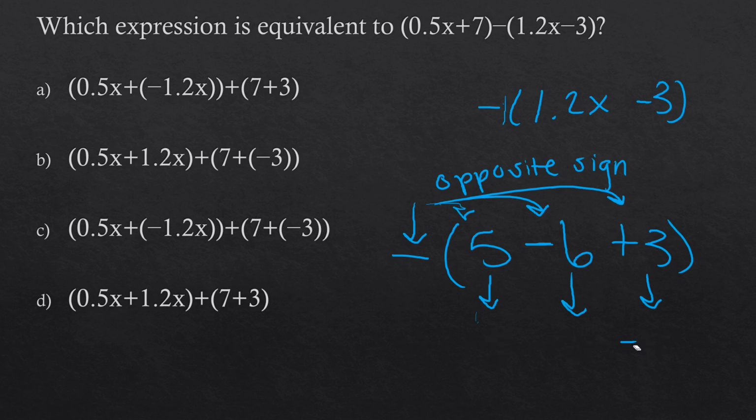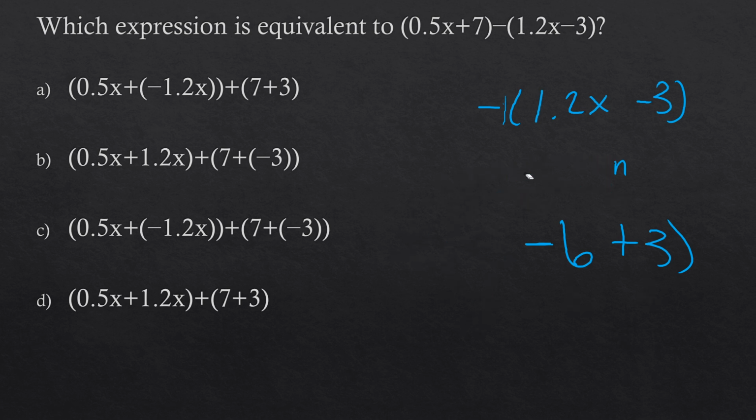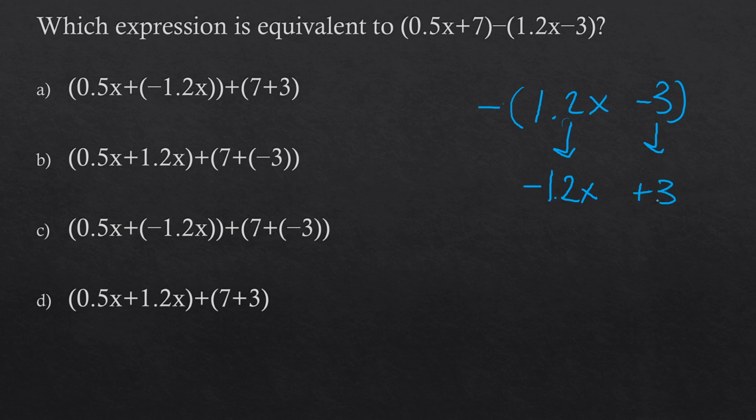Okay. So when I'm looking at the example that we were given in our problem, I have that negative sign here, which means that everything inside is going to become the opposite. So the opposite of a positive 1.2x is going to be negative 1.2x. Opposite of a -3 is going to be a +3. From here, I want to look and see, well, now I need to combine my like terms, right? So if I look,